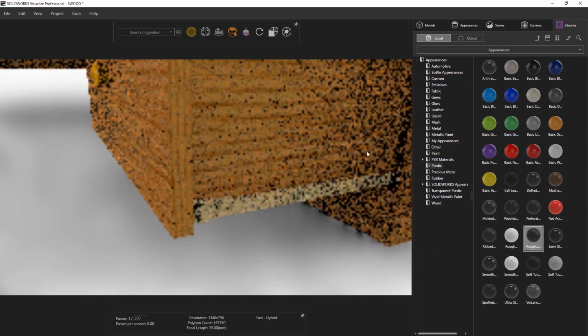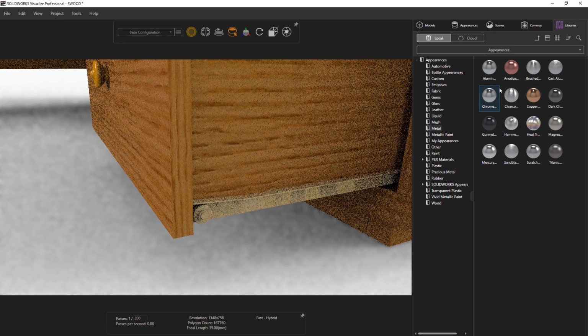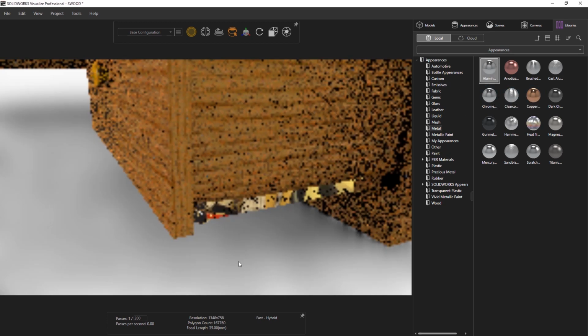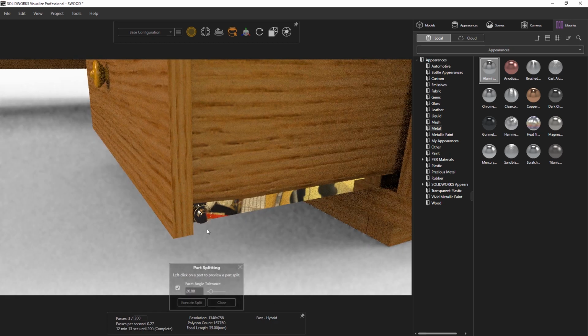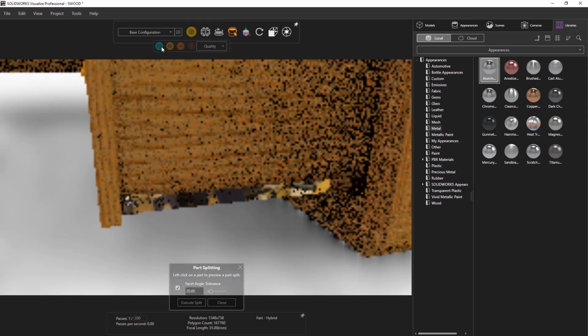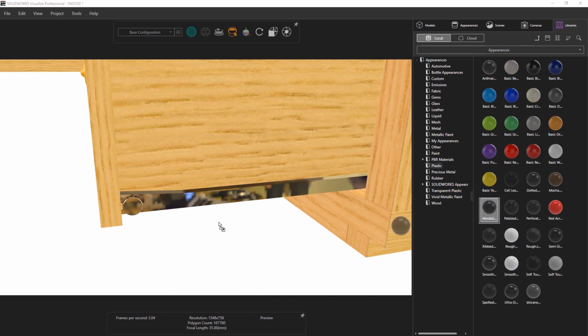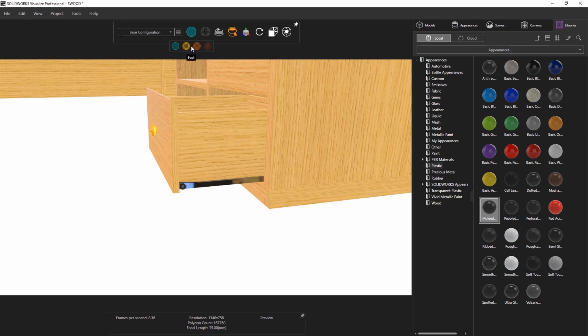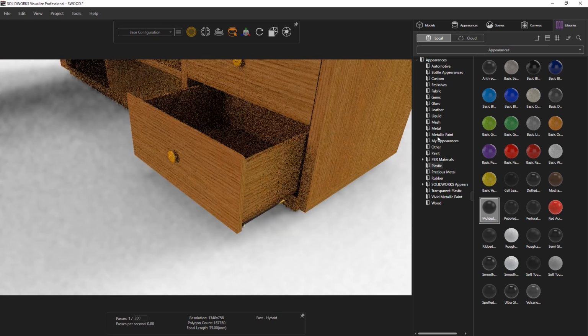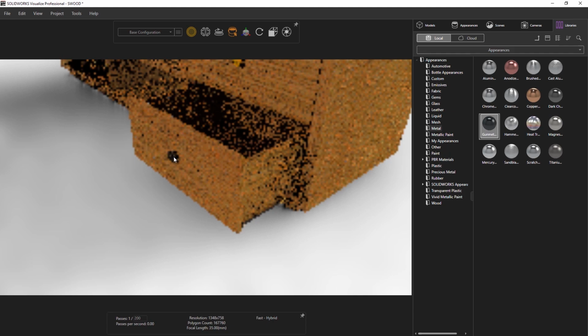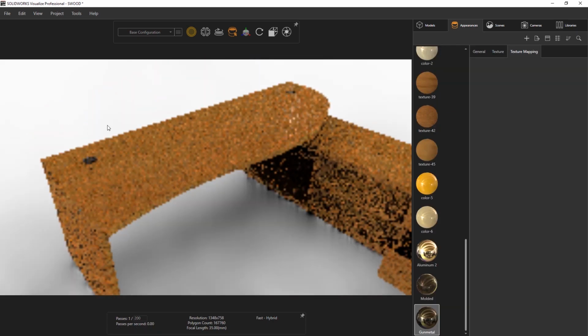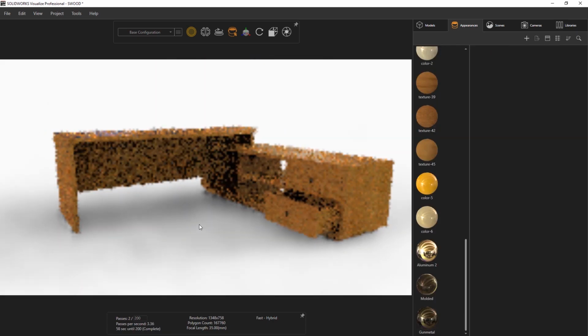If, for example, this drawer runner is one part, but you want to apply different appearances to different sections of the part, you can use the split tool to cut up your model. Just a warning, this will be undone if you re-import your model, and therefore the best practice is to actually do it in SOLIDWORKS by applying a different colour onto the body at that stage. We can then finish the desk off with any other appearances to other parts such as the knobs and inserts.